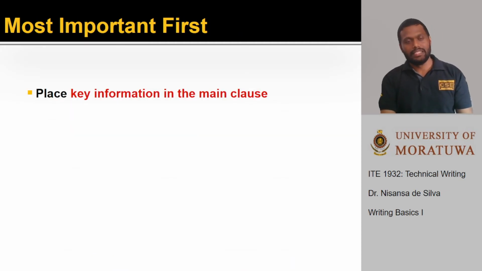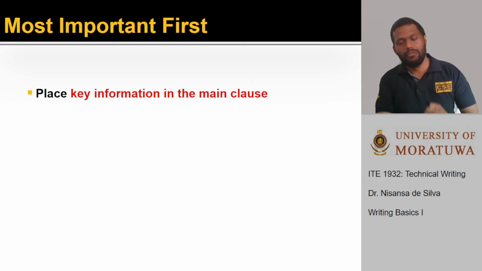The next point is that you had to write the most important point first. You had to put the key information in the main clause. We do understand that grammatically you can put the information at the beginning or the end, or you can write a complex sentence where it is in the middle or the end, and so on and so forth. However, in technical writing, we expect that the key information would be in the main clause and it would be